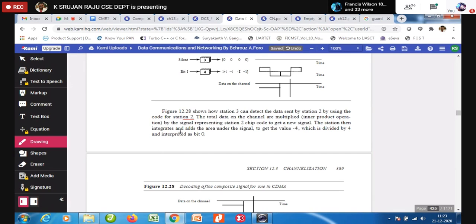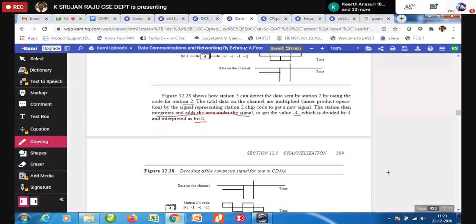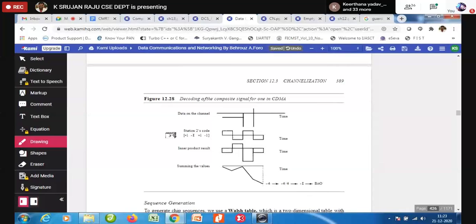The station then integrates and adds the area under the signal to get the value -4, which is divided by 4 and interpreted as a 0. Whichever station you want to access, you multiply with that station's code, and when you sum the values you get this, so ultimately you get your 0.